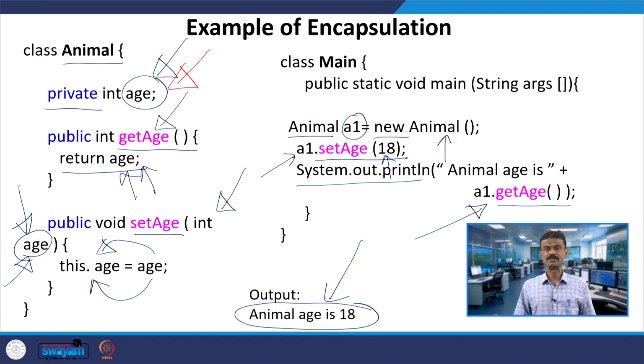Two examples we had seen in C++ and one example in Java. The main idea is how you are protecting and hiding the data from external use. I cannot misuse this private member data called age. I cannot access A1.age outside. This concept is called encapsulation. In all the cases, we are protecting this particular data from external use.